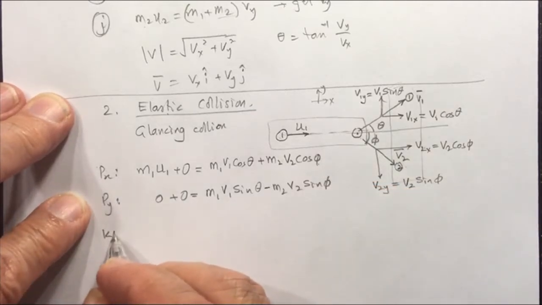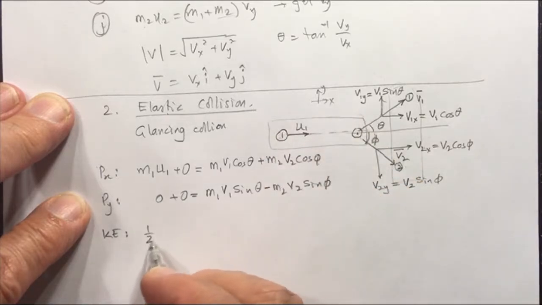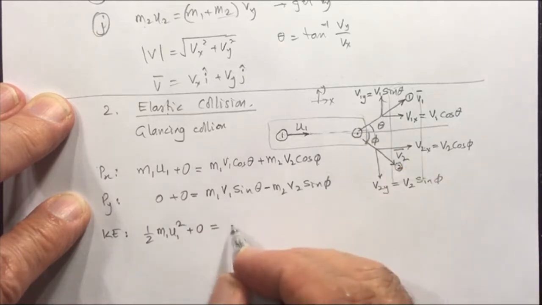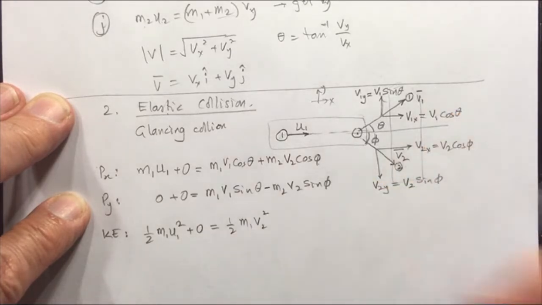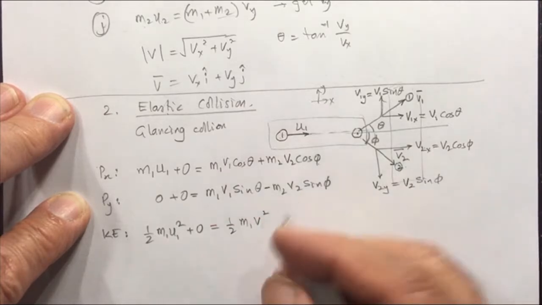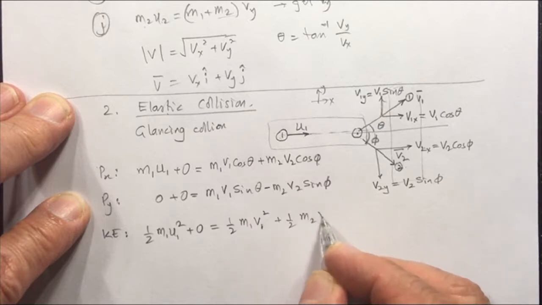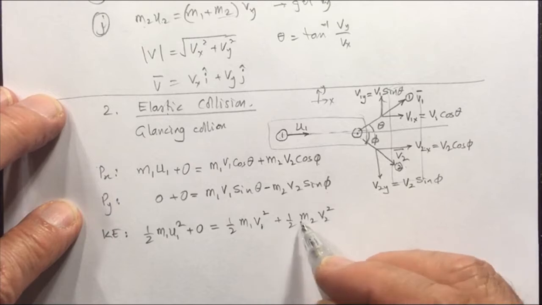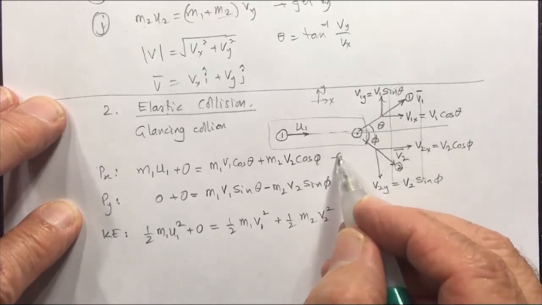And now we go to the kinetic energy equation. So the initial kinetic energy of these two is half m1 u1 square plus 0, because this was stationary, and it's going to be half m1 v1 square for this one, plus half m2 v2 square, that's the magnitude of this velocity squared times this mass. Okay, so we have these three equations,